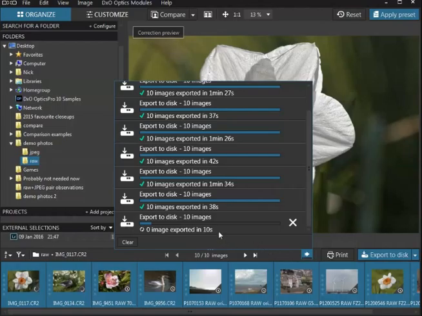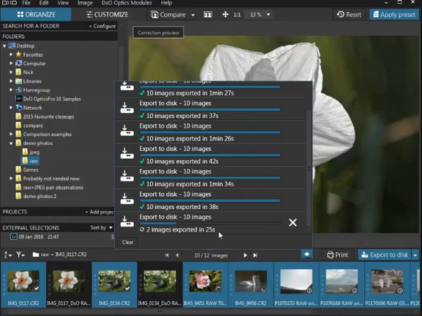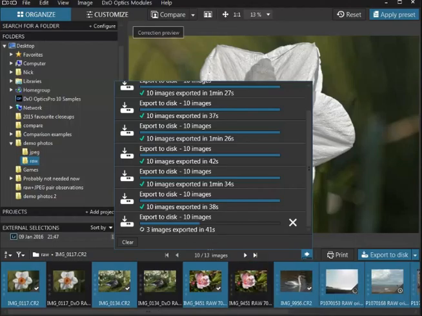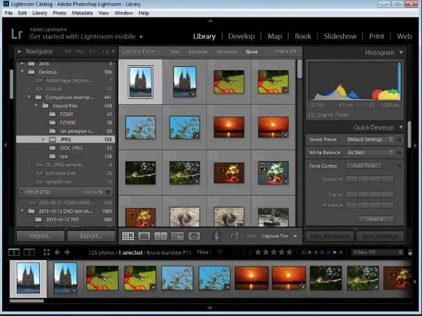It's gone 10 seconds, it hasn't done any yet, so it's slower. 15, there we go, 16, 17, 18, 19, oh, it's a lot slower. There we go, it's going at 1 every 11 seconds or so, so it's taking twice as long as for the JPEGs. Well, I've learned something there. So the next thing is to complete the processing in Lightroom, and while that's going on, I'll put Lightroom up,